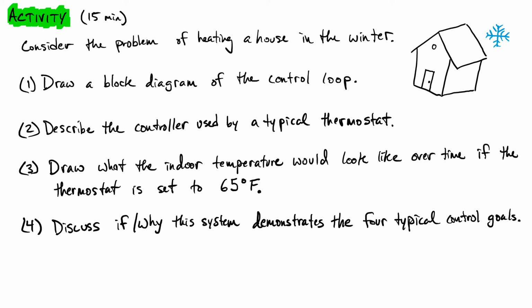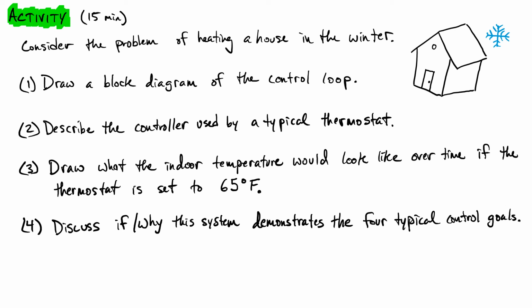So what we'd like to do is look back at the block diagram that we just talked about and draw a control loop. And in this case, try to be specific about what goes in each of the boxes and what those signals are that are going between the different boxes. In the second part, I want you to describe the logic. You already know how a typical thermostat works, so describe the logic of what makes that controller achieve the desired